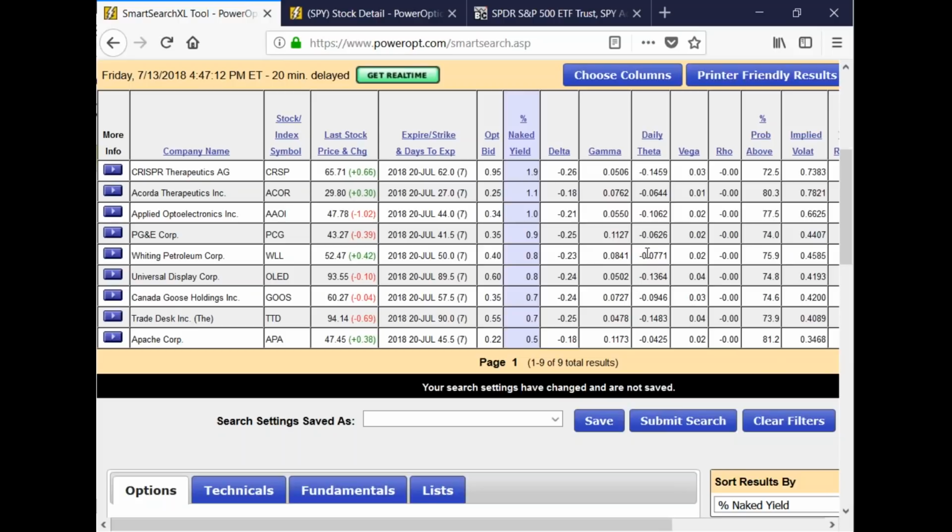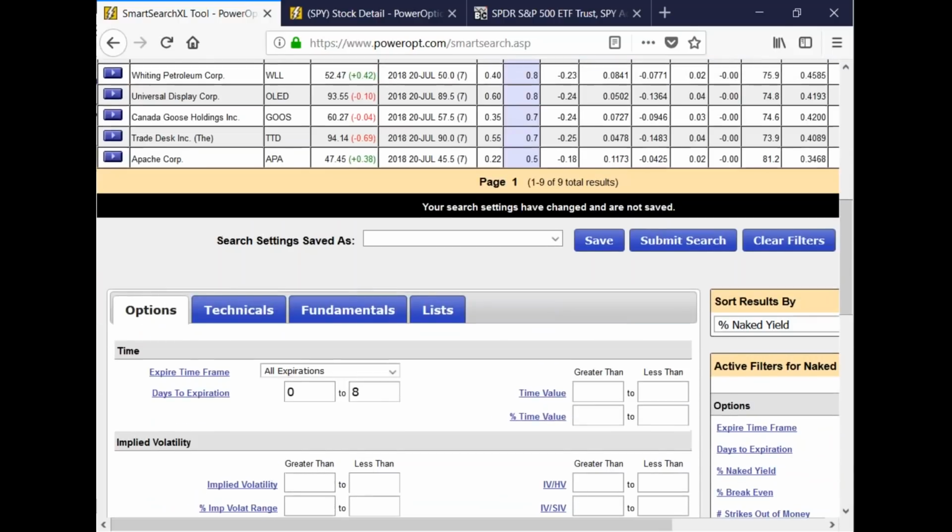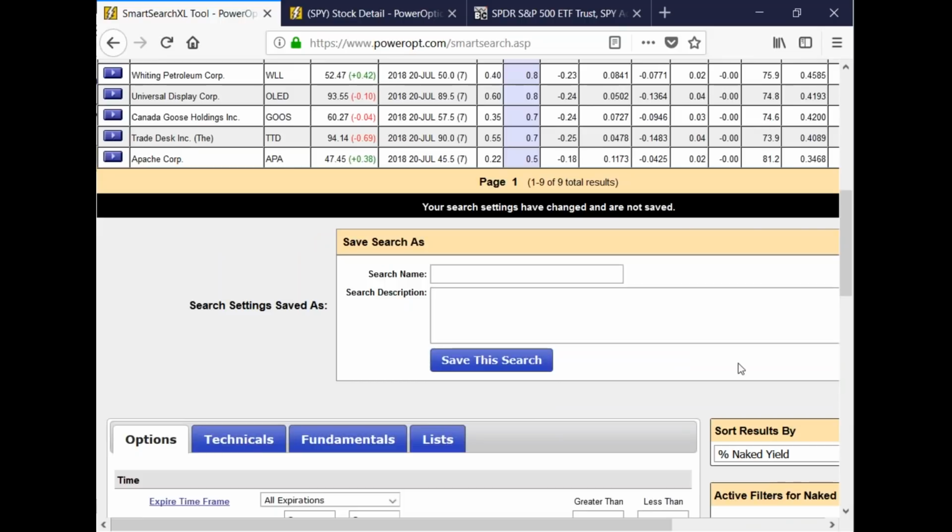If you don't like what you see in the defaults that don't match, you think the strike prices are too close or not far enough away, for example, just make the changes to the criteria and then save it. So now I'm going to save this as Mike's Weekly Puts. This is not a recommendation or suggestion. It's just an illustration of how we would do this very quickly. And then I'll say further OTM for more protection